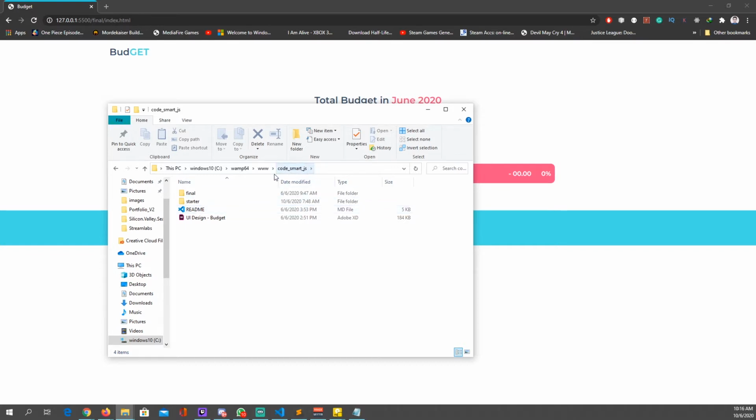Go inside the code smart folder and you're going to get two folders inside: the final version and the starter version of the web app.